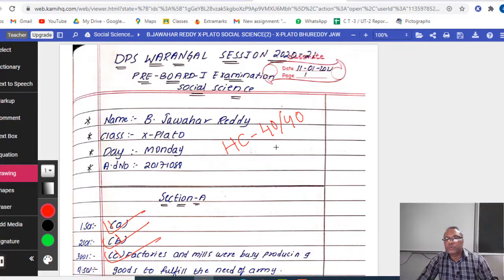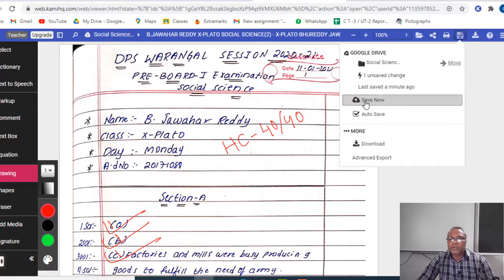Right now I have to save. On the top part towards the right, there is an icon, so I click here and it shows save now. Here also clicking, it is showing saving. So I have to wait for a few seconds. So this is done. I am doing it once again to make sure that it is saved properly. If I have any doubts, I can go for one more time. So this is how I correct the answer sheet online.